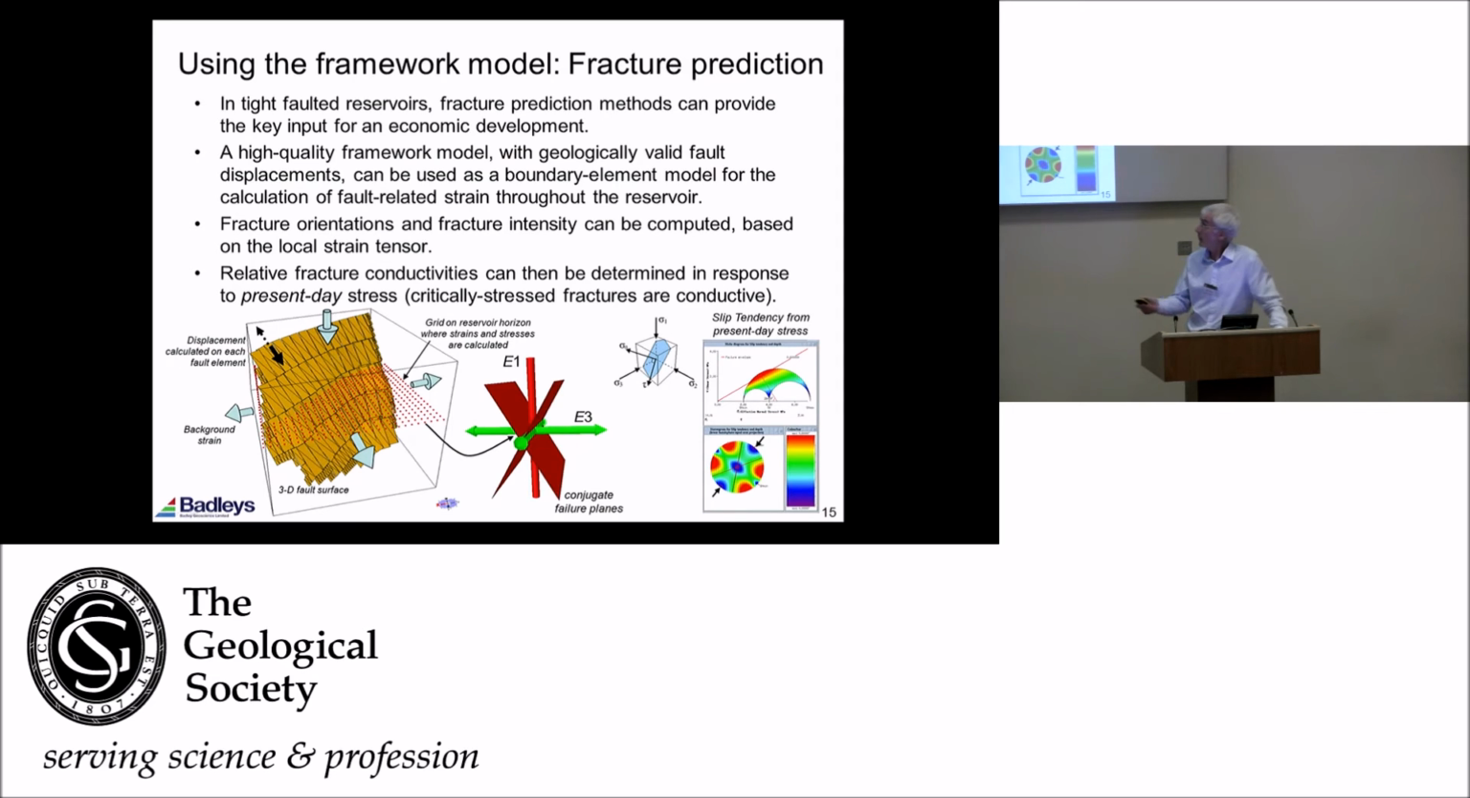So basically that would allow us to take the fault network that we've constructed in the framework model and compute the strain tensor at all these points in the reservoir around the fault network. From the strain tensor, we can predict the likely fracturing, for example, these conjugate fracture pairs that might have occurred in the reservoir as a result of the faulting. And we can further use our subsurface model to look then at how those fractures would respond to an in situ present day stress, which will be critical in controlling their